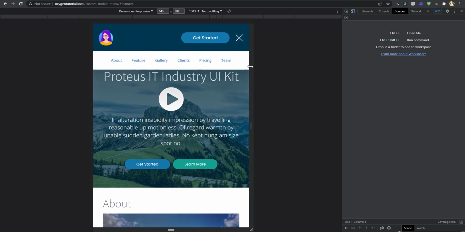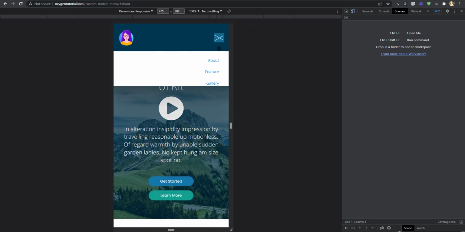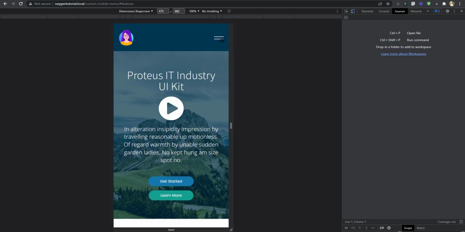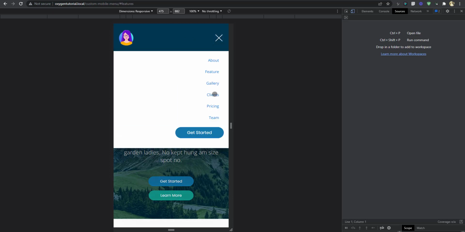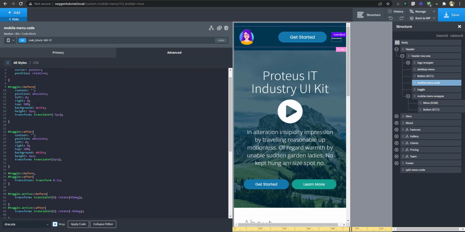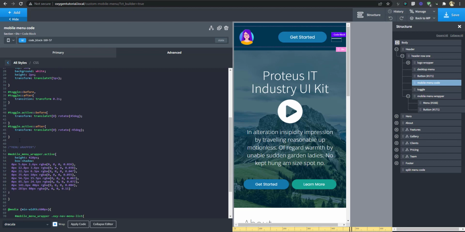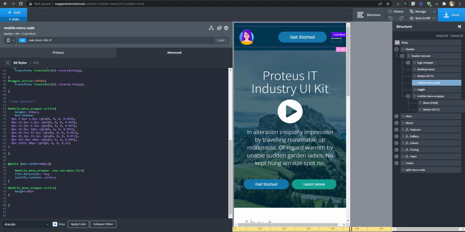So that brings an end to our mobile menu tutorial. Custom mobile menu. I hope you enjoyed this tutorial, and the code will be available in the description, so you could just copy it and paste, set up your stuff, and replace yours. Better still, just give it the same IDs so you don't have to replace anything, but of course you know what I'm talking about.